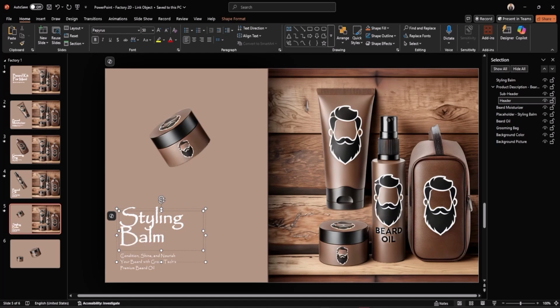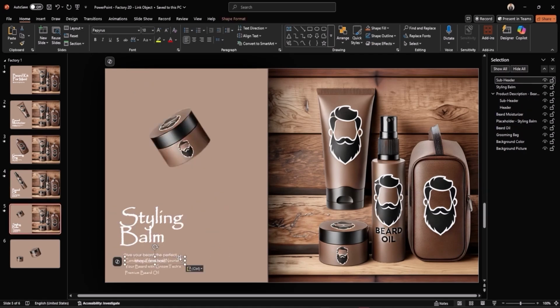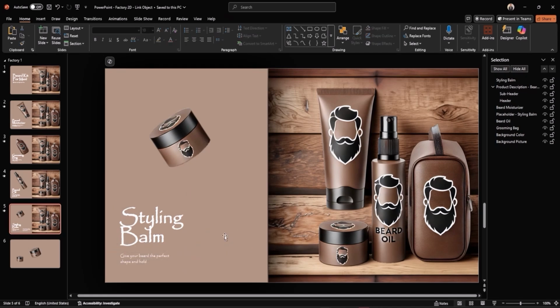One last quick tip. If you copy and paste the text, you can see that the text now has the wrong formatting. You can solve this by going to Slide 4, copy its text field, and paste it into Slide 5. Then, go to the Home tab, select Format Painter, and click on the new text field. This will automatically apply the correct formatting.